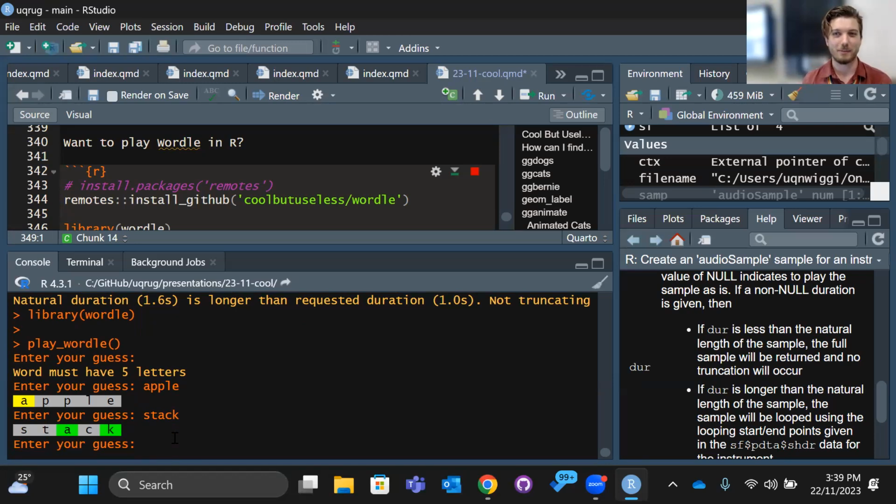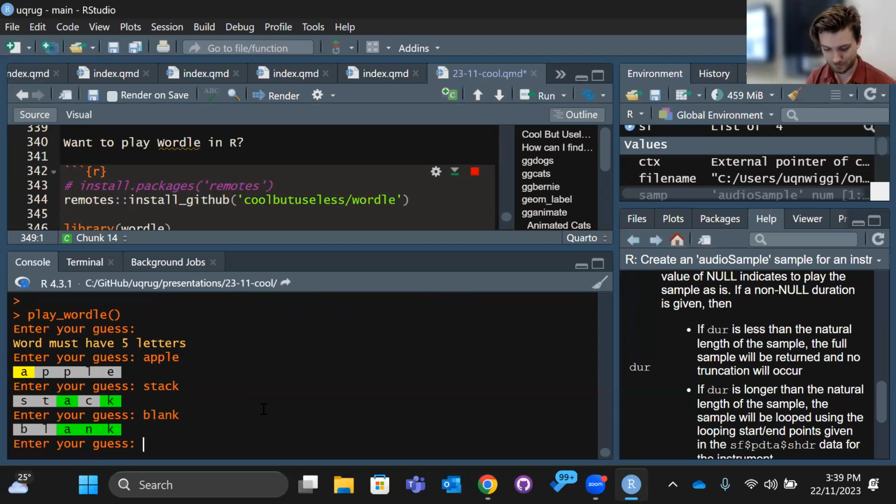Somehow more impressive than the banjo, but that's... I wasn't expecting. Oh, yeah. Oh, black, sorry.